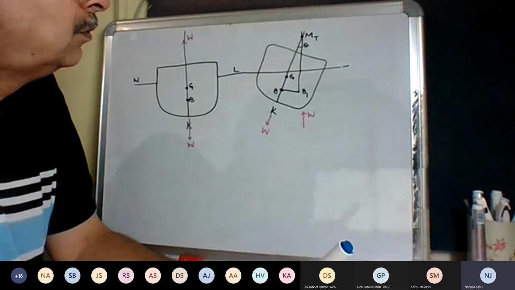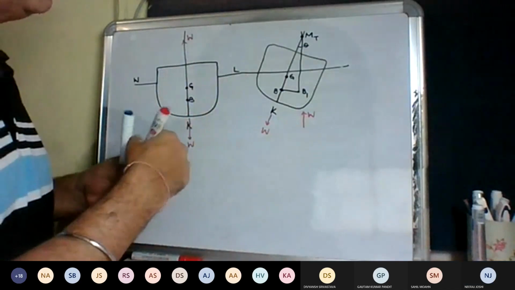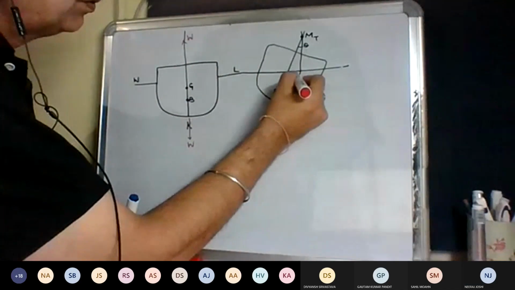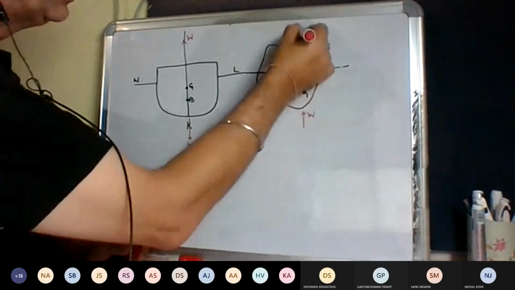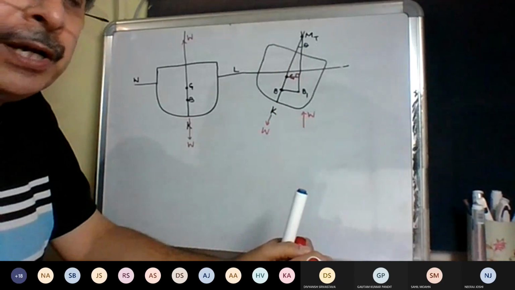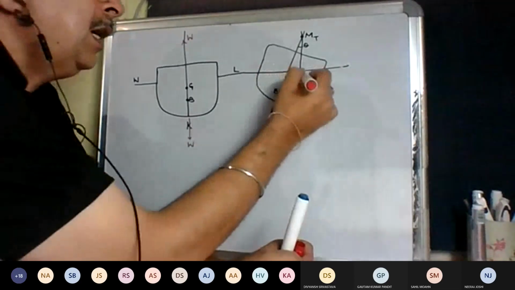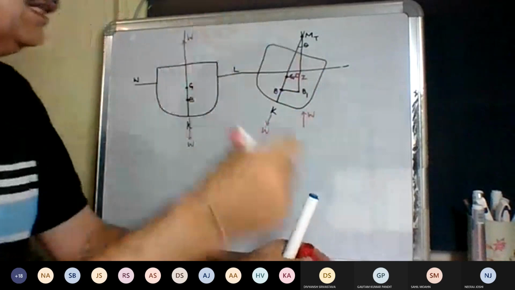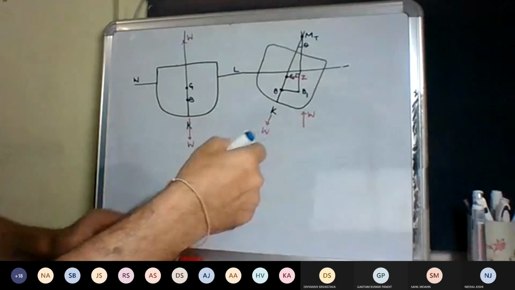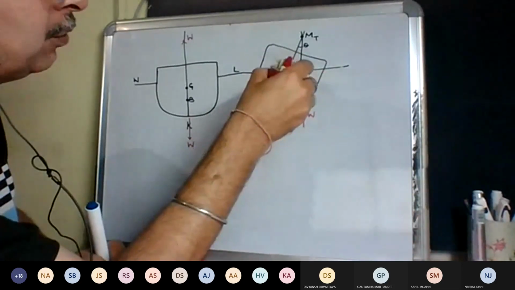ओके, अब यहाँ से जी से मैं ये एक परपेंडिकुलर ड्रॉप करता हूँ, ये परपेंडिकुलर है टू दिस लाइन, टू दिस B1 को ये परपेंडिकुलर हिट किया, तो ये पॉइंट Z कहलाएगा, and therefore GZ is called as the righting lever, the lever which will cause the vessel to become upright.